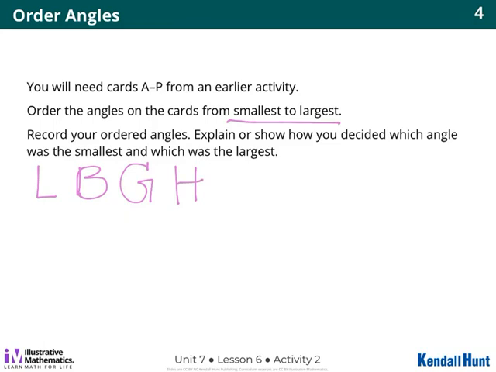I thought it was C. It's H and then C. Okay, so if I line them up, C is definitely bigger than H. Guys, again, it's by like a hair. So C, D,